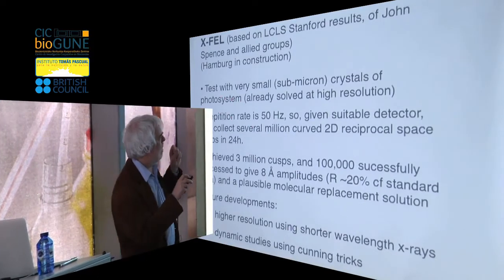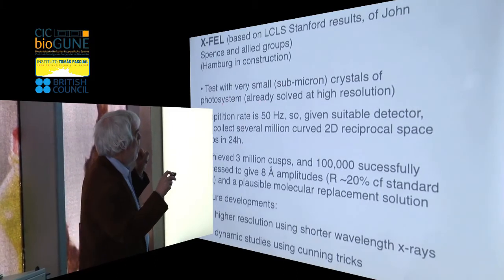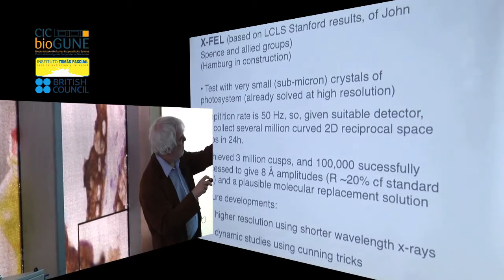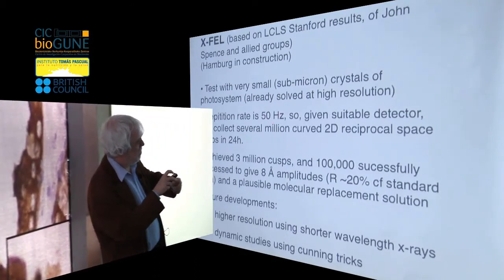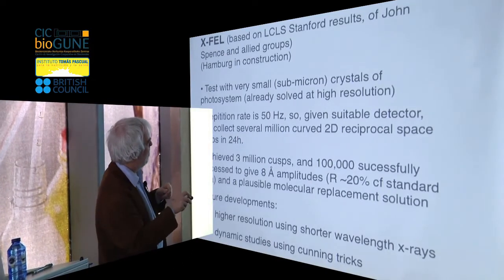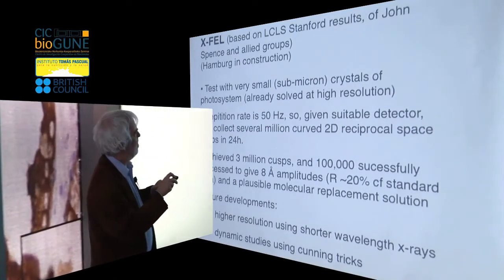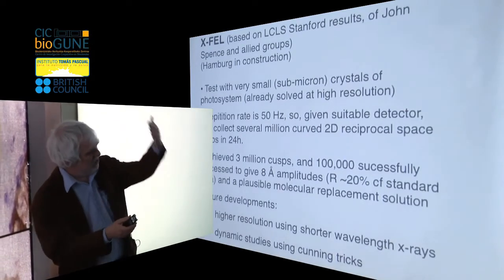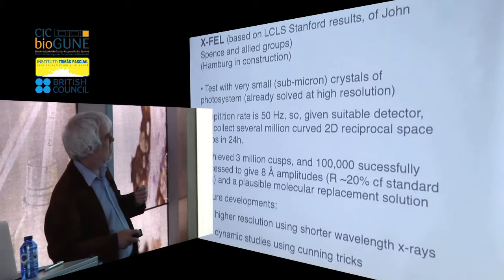But the tests on the small crystals, we're using photosystem crystals. The repetition rate, the frequency of the X-ray pulses, is about 50 hertz. So once you've got a setup there, if you can feed the droplets in 50 times a second, it means that you can collect several million diffraction patterns in a 24-hour period. Each of the diffraction patterns is just a slice through reciprocal space. You need to put all of those together to build up a three-dimensional